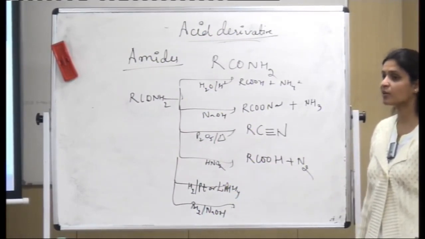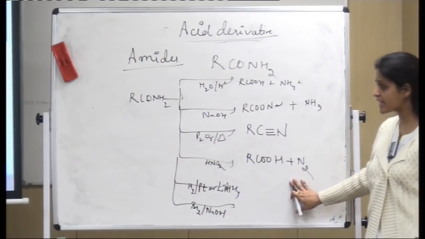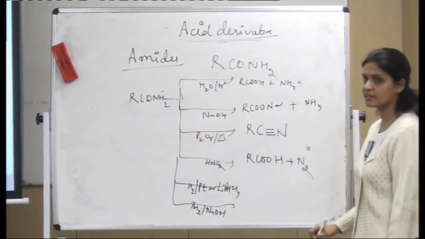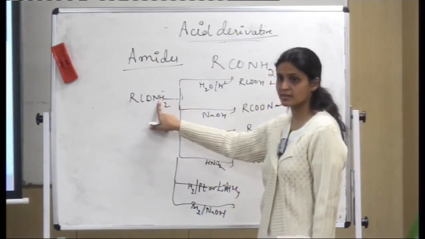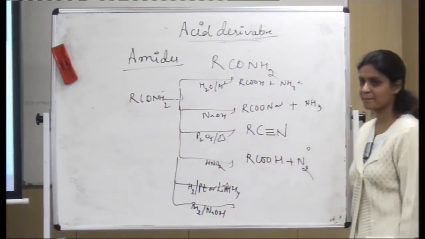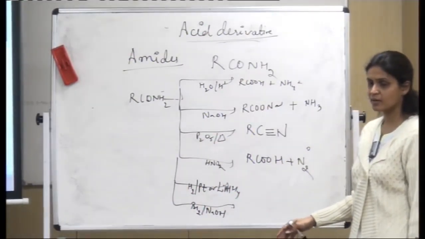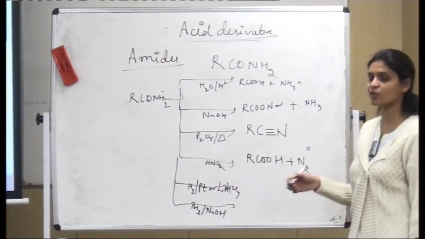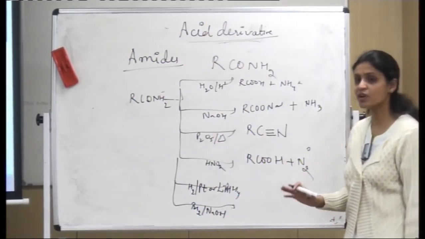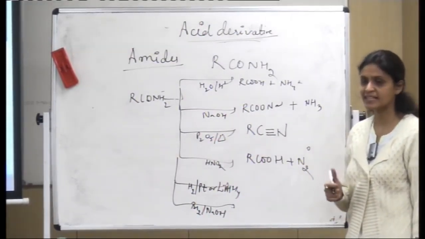Oxidation or reduction? Is N2 getting oxidized or reduced? In this case, it is in the zero state. Earlier, it was in a minus state or plus state. How do you call this reaction, as oxidizing or reducing? Why do we use nitrous acid, for oxidation or reduction? HNO3 is definitely used for oxidizing purpose. HNO2 is used for reduction purpose. That is the difference.